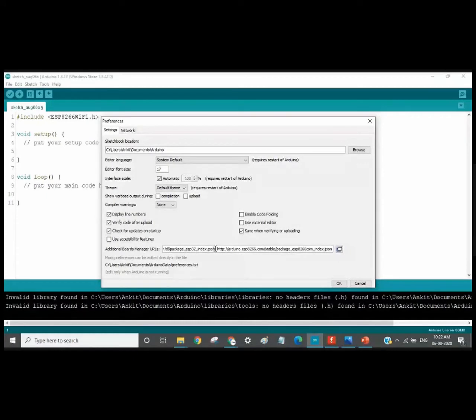If you want to add an ESP32 module to your Arduino IDE, then this is the link. Just a second, I'll copy this link. You can note down these links. These are the links to add boards to your Arduino IDE.